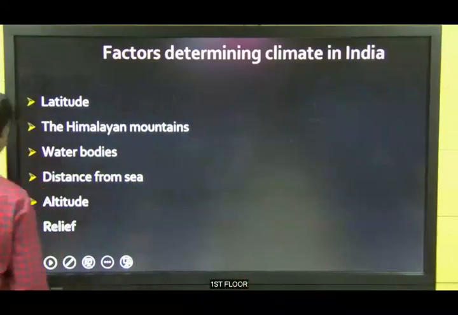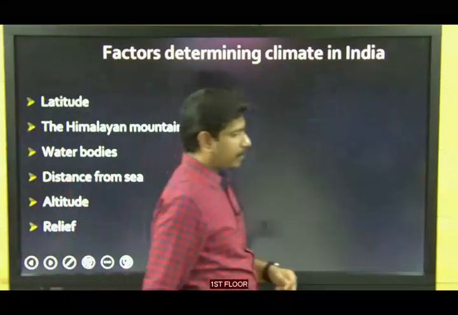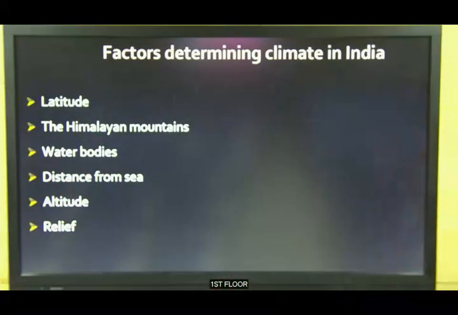Climate. Okay, factors determining the Indian climate. What are all the factors? First thing is the latitude, where India is located. It is in the